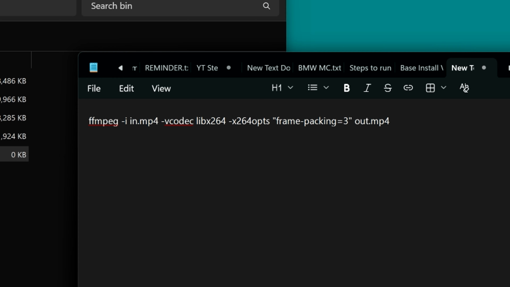Another space, -x264opts. This is the options for that video codec. And now you put another space, and you put, quote, frame-packing=3, close quote. And then there's another space, and then you can put your output file, whatever name you want to give it. In my case, I'm going to put it out.mp4, and I will save this file